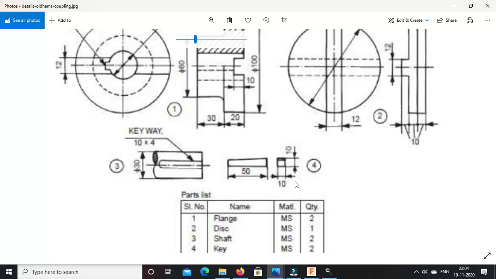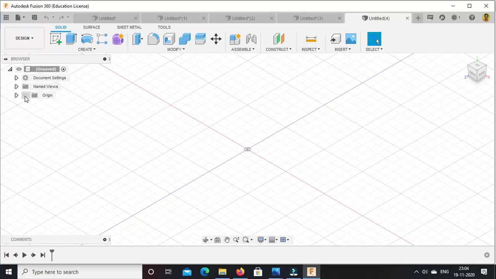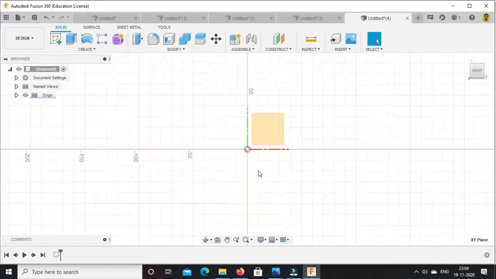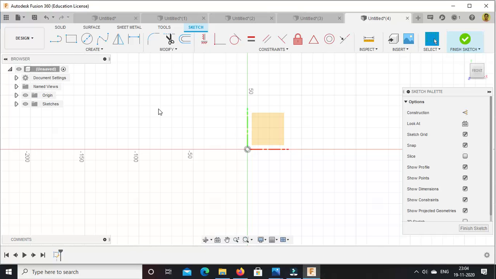For practical purpose, or at the initial level, we are not considering that much detailing. So we will draw a 10 by 10 rectangle and 50 mm length. So again make origin visible, go to this plane, create sketch option, draw a rectangle of